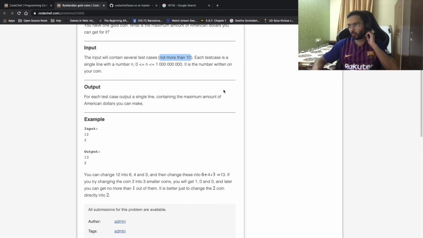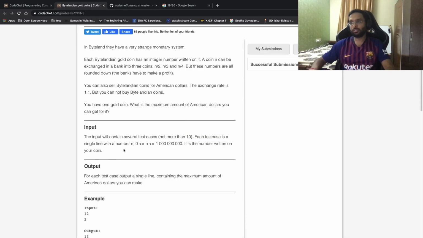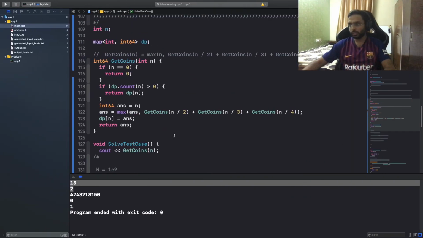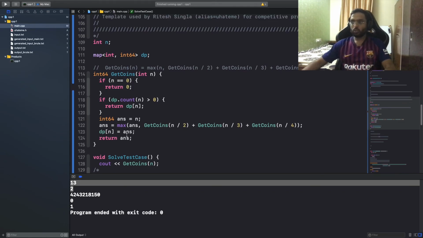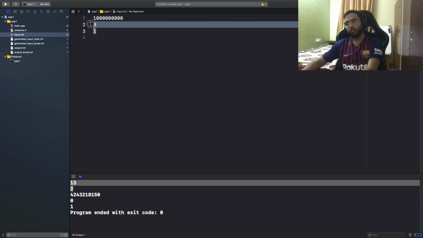Usually for 3 seconds, we should be good even with about 10 to the 7 operations. So this should definitely be good enough, and we can actually figure out how many steps there were for our worst case.